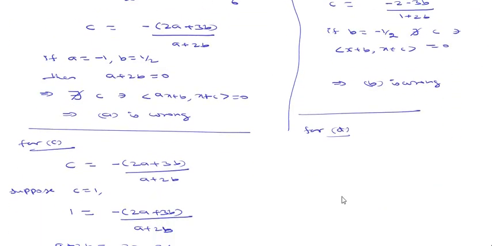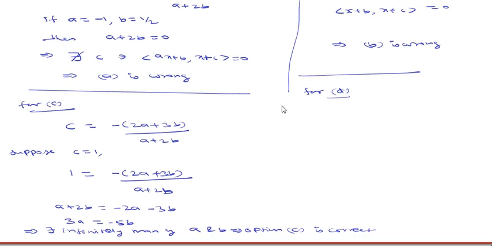So we will find the inner product of the functions B and X plus C. So the integral from 0 to 1 of B times (X plus C)